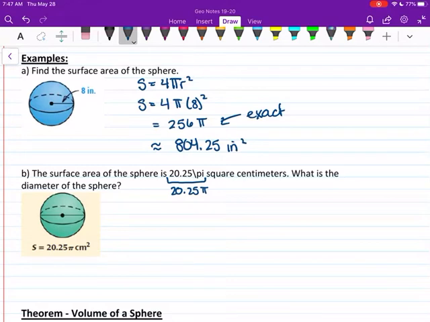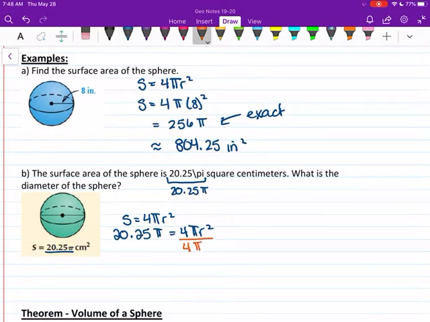Okay, so let's start with my surface area formula. Surface area equals 4 pi r squared. And they give me that the surface area is 20.25 pi, and that's going to equal 4 pi r squared. I'm going to divide both sides by 4 and pi to get r squared by itself. So the pi's will cancel, the 4's will cancel, and 20.25 divided by 4 is